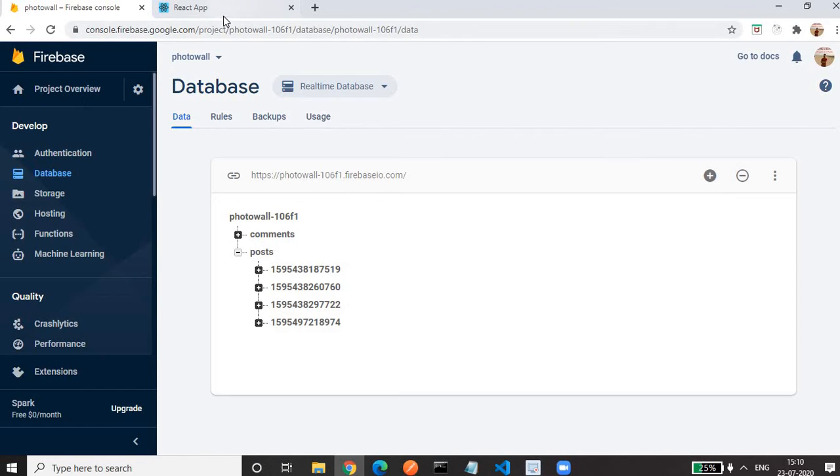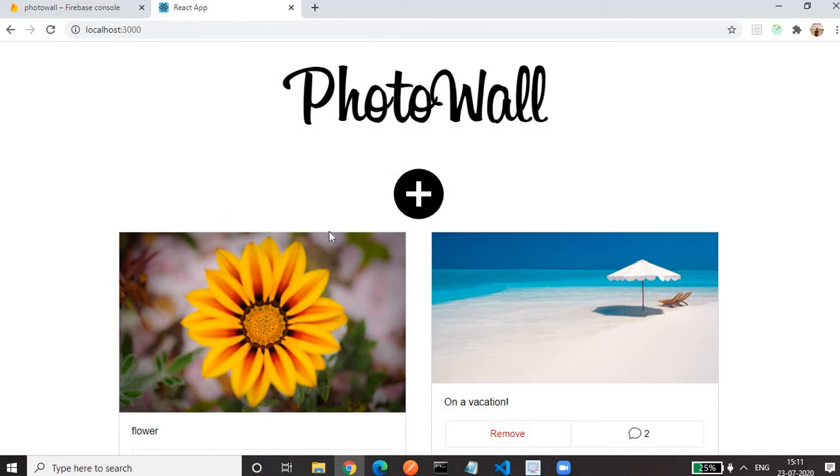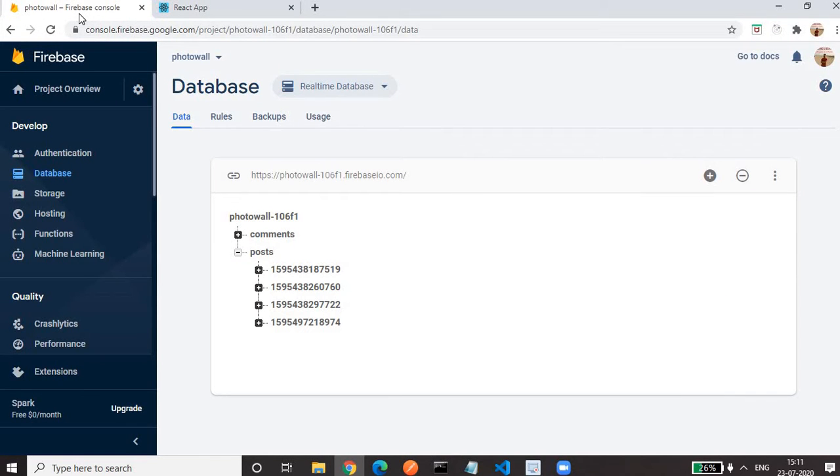Okay, so let's see how, after you have added the photo in Firebase, the next thing will be how you can configure Firebase to your application. After configuration only, this add photo and this reflecting kind of things will appear. Okay, so we'll see how we can add it. For adding it, what we have to do, click on the project overview.